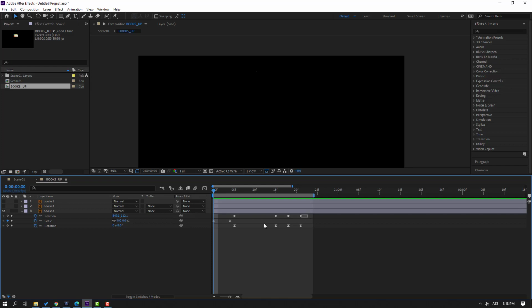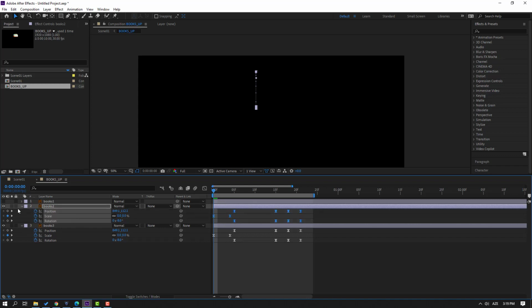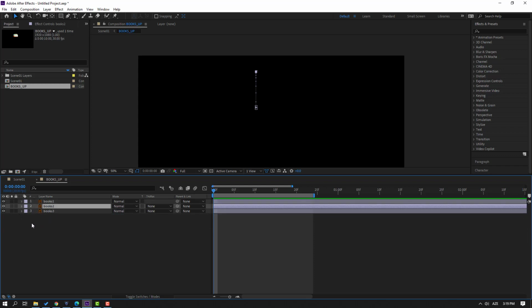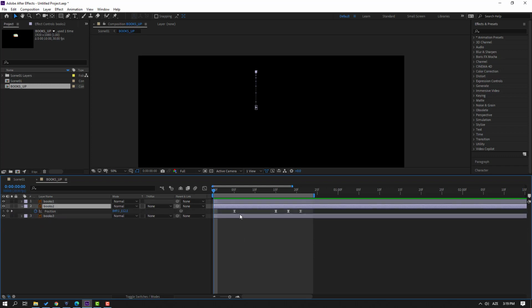So select all these keyframes, Ctrl C, and let's select this book 2, unhide, Ctrl V. Let's press U to see keyframes. Nice. And select this book 1, unsolo and Ctrl V. Nice. So in this time, let's select this book 2 and press P, select these keyframes and go